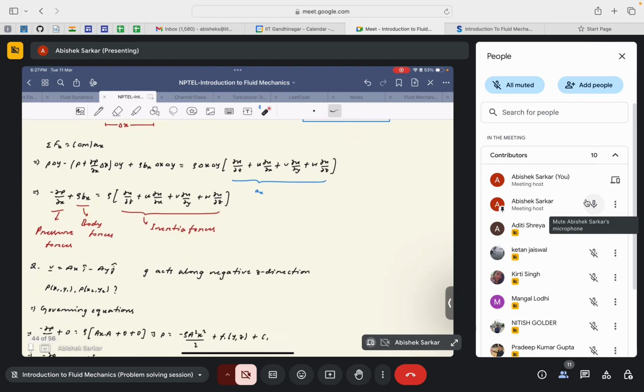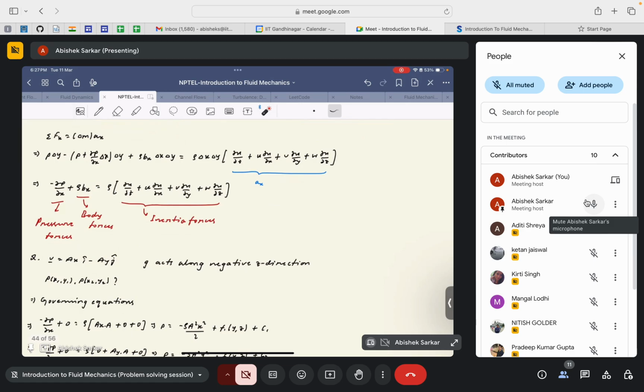So now let us take an example of a particular type of flow and then try to obtain the expression for pressure distribution, given that the velocity field is given, that is v is equal to ax i minus ay j, and given that g acts along the negative z direction, obtain the expression for pressure. Okay, so we need to find the expression for pressure,